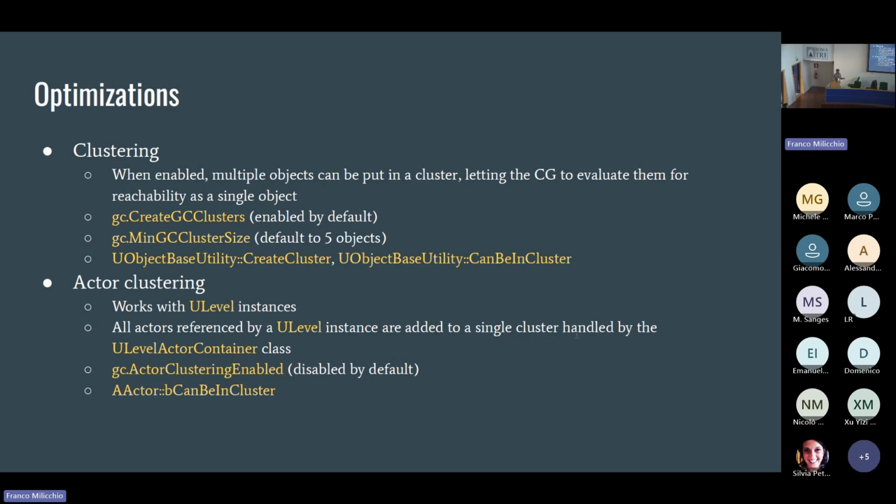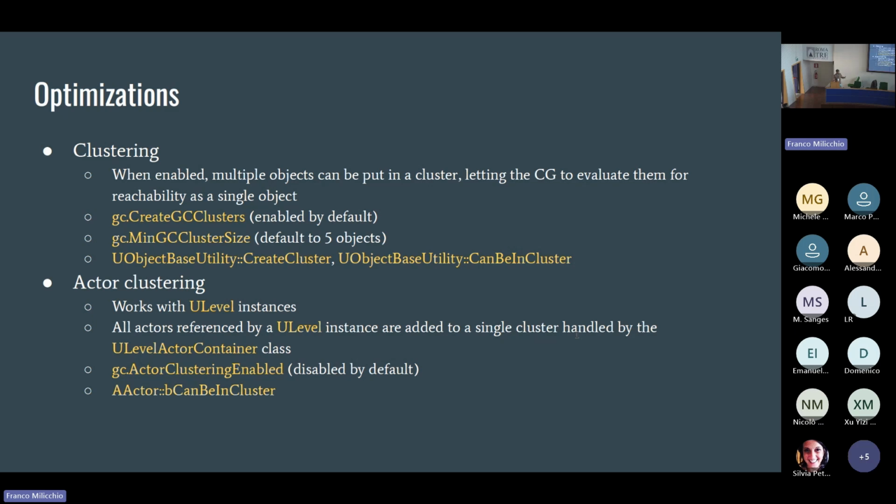The create GC cluster feature is enabled by default, but it won't do anything if you don't enable one of the two other things that you see on the slide. So I said two things. I mean, one thing, the other is on the other slide, sorry.